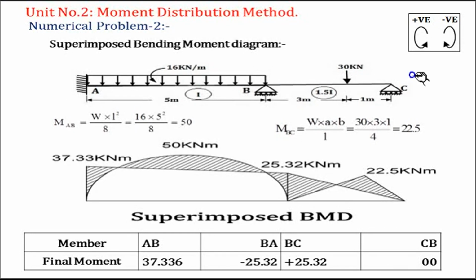Now let's see, here the sign conventions are mentioned. Anti-clockwise positive, clockwise negative. Clockwise is negative. Now here our value is positive. That means what? We have to rotate in anti-clockwise sense. Keep the pen here over BC and close to B and rotate about that support in an anti-clockwise sense. So in anti-clockwise sense, likewise, the arrow is up, so show the moment up. So that one is 25.32 kilonewton meter.